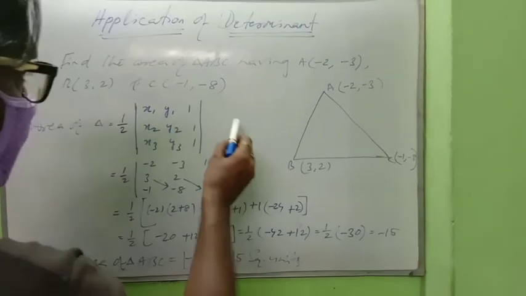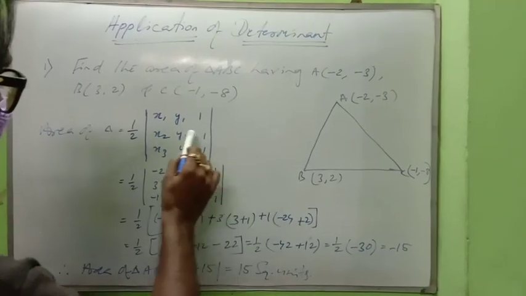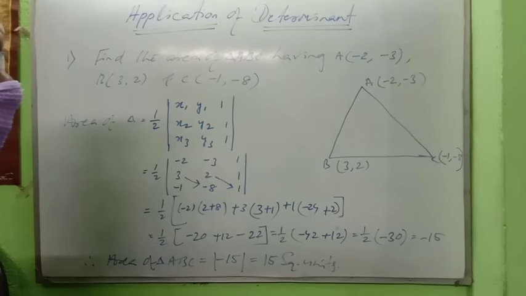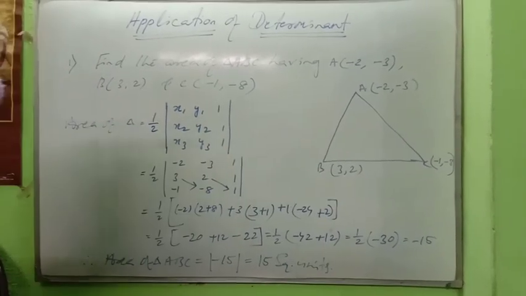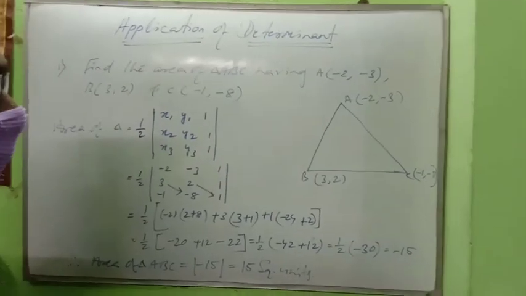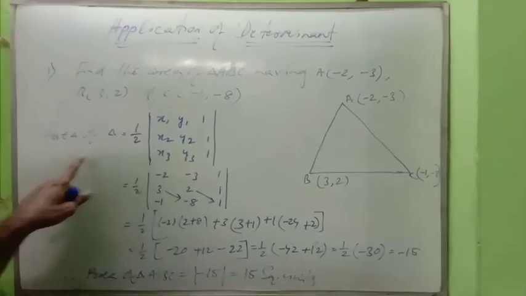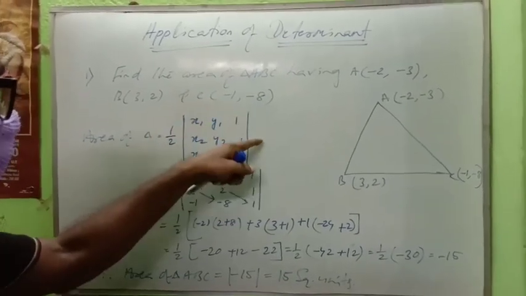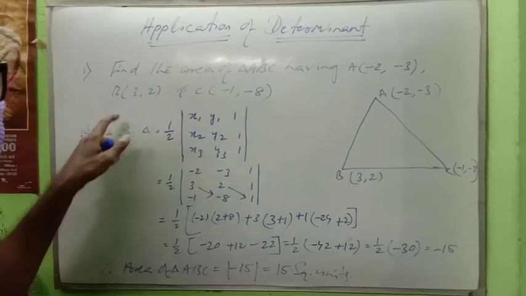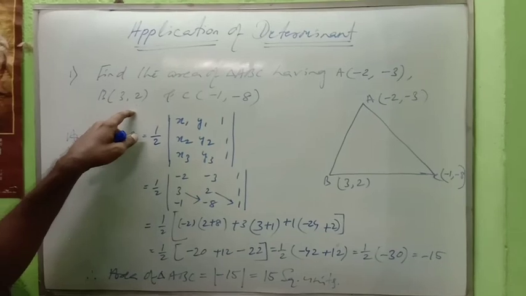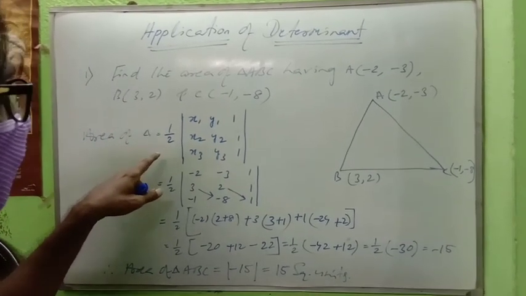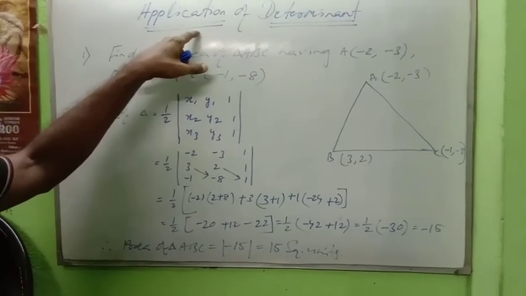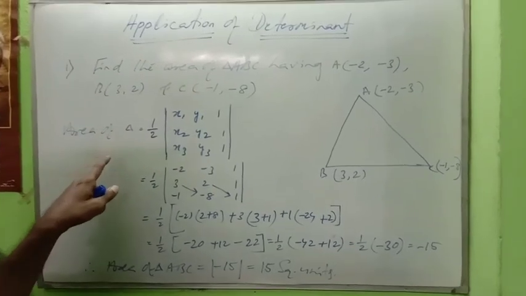Okay. If the area of a triangle using determinant comes 0, that means the 3 points are not forming a triangle, but the 3 points form a straight line, collinear. That means the condition for 3 points to be collinear is that this determinant will be 0. If this determinant value is 0, that means the 3 points are collinear. These are the applications of determinant. By the help of determinant, I can find the area of a triangle. I can show that the 3 points are collinear. Again, by the help of determinant, I can solve linear equations of 2 variables, linear equations of 3 variables.